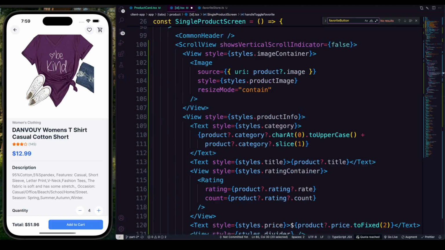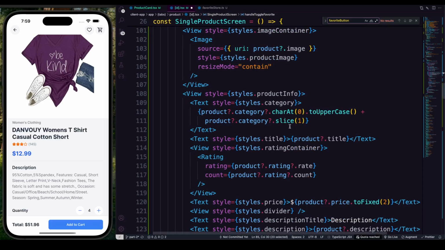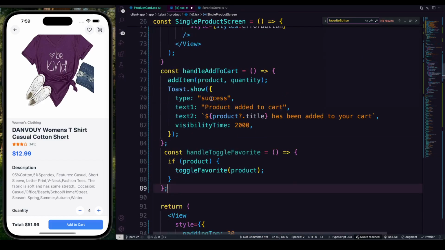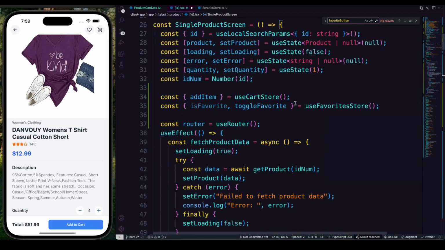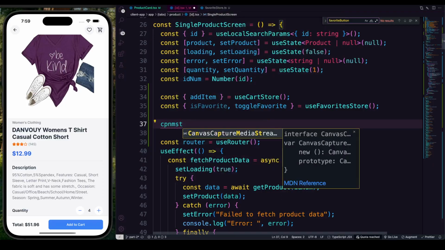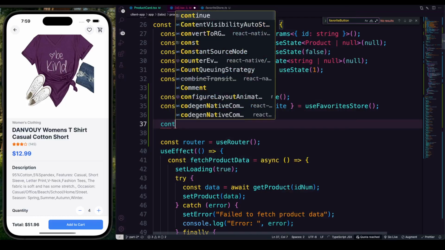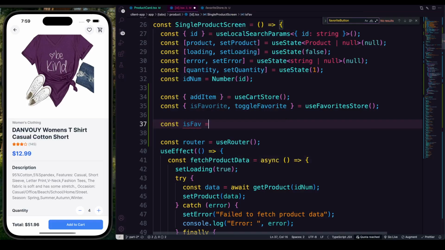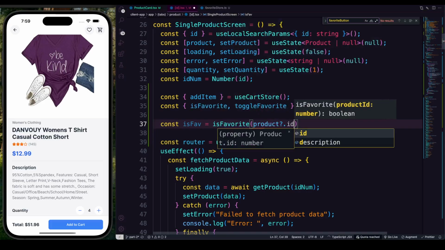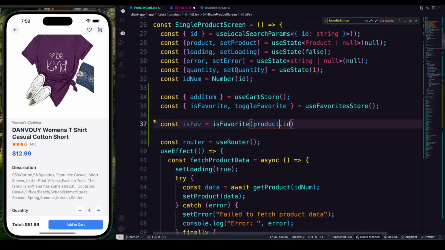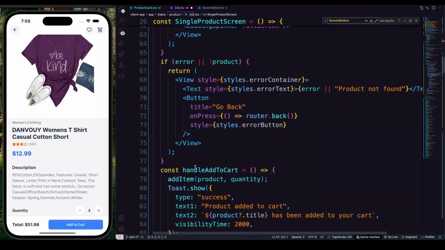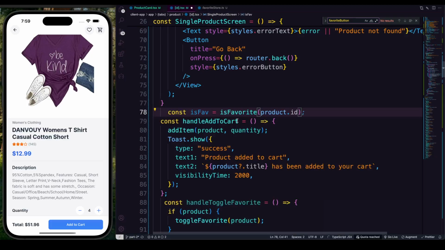So over here at the bottom, I think it can be done here. Also remember, we need to have that isFavorite functionality. So I'm going to go and grab that one. So const isFab is equal to isFavorite, and here I'm going to pass product.id. So that would be there. I think that would not require isProduct, because we didn't set the product yet. So I'm going to go at the bottom over here, before add to cart, so I can find my product